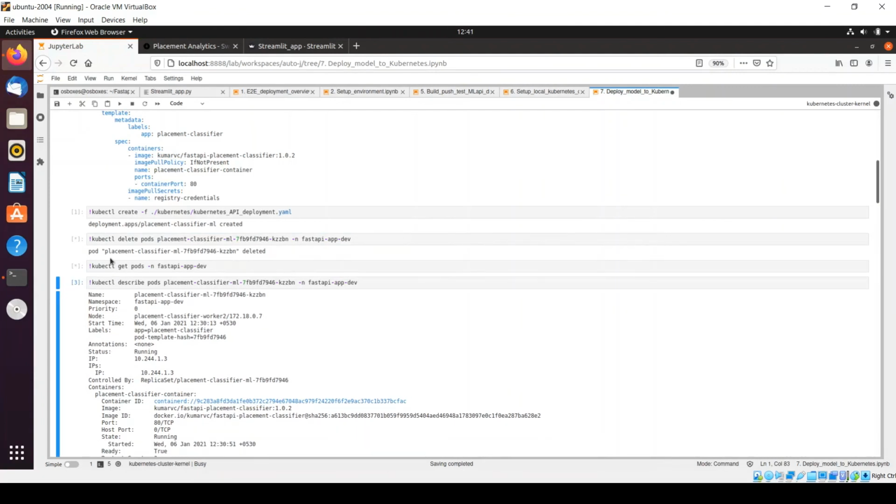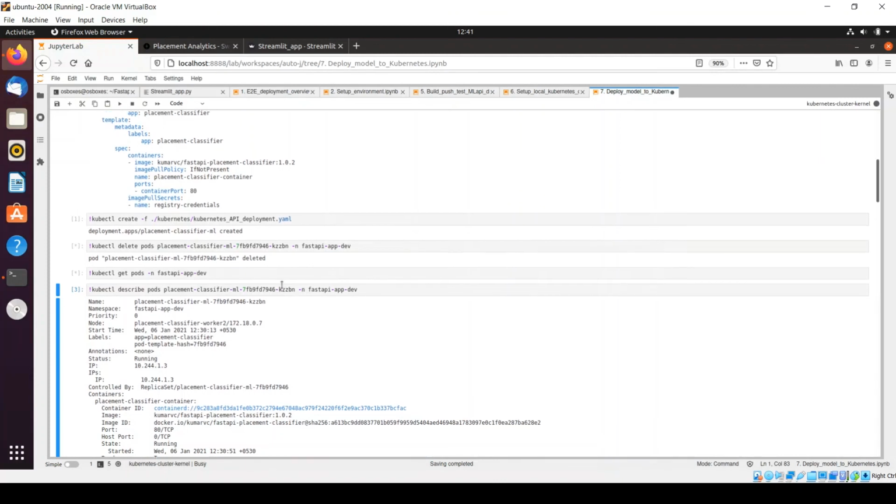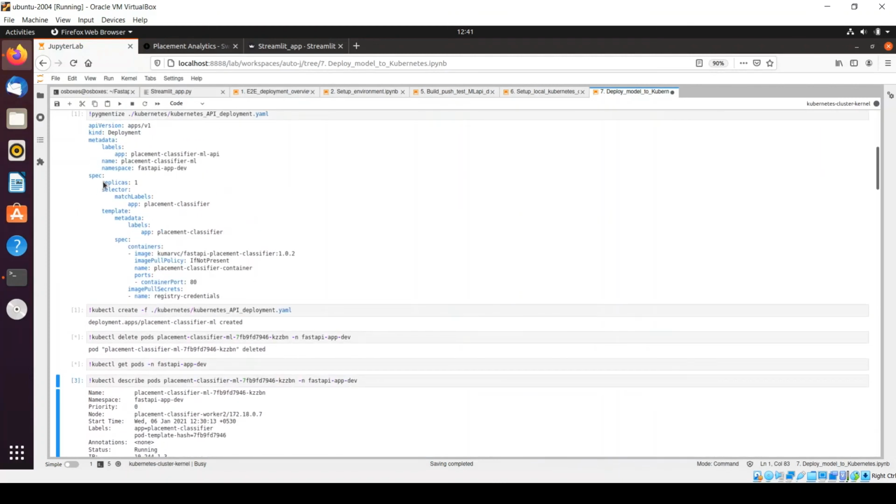As soon as you delete any pod from Kubernetes, Kubernetes will automatically create that pod based on what we have defined here, because here we have defined that it will contain a replica of one.